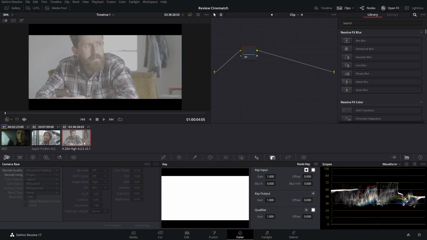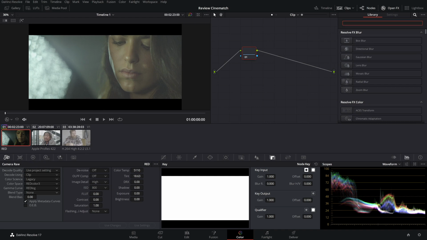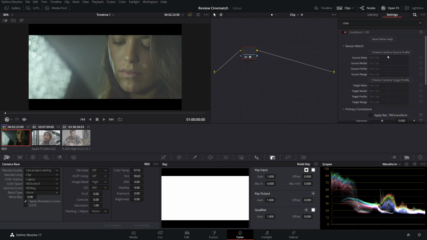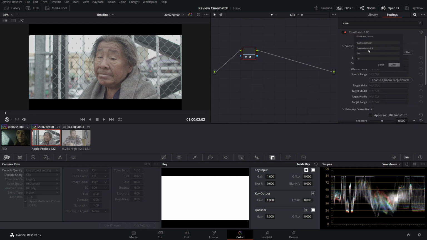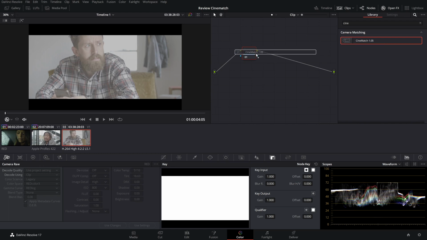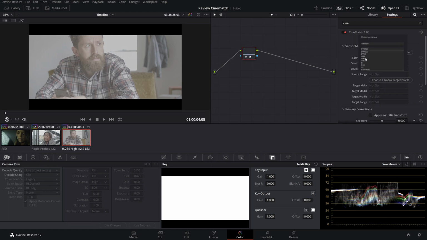The second thing here is to apply the Cinematch in each take. So I'm going to put this here, choose the camera, which is RED, it's a Komodo, and we are in RED Log 3, RED Log. I'm going to apply this and then do the same with the Blackmagic. It's a Blackmagic Ursa, this one, Film Gen, I think it's 4, I'm not sure. And okay, I think I can just get this one now, and here Panasonic GH5 V-Log, and that's it.